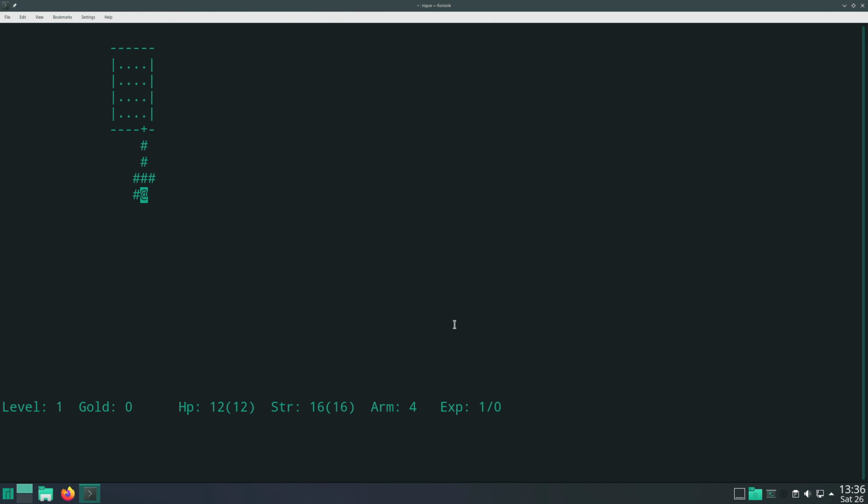It's turn-based, so if I don't make a move, nothing happens at all in the game. The game is now currently in pause state, so it automatically pauses after you've taken a turn. And every turn that you take in this game matters, and that's interesting. If you press I, you get your inventory.